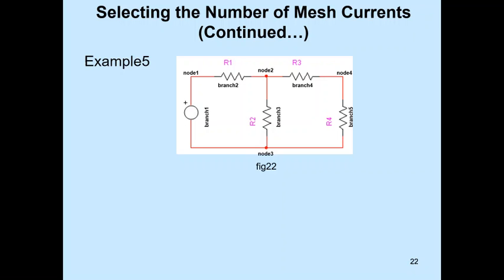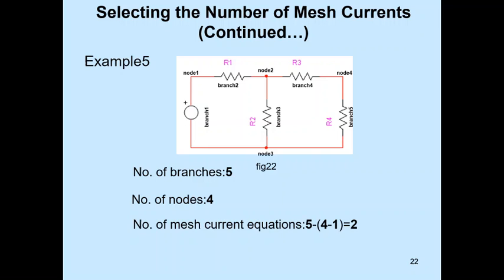four nodes are there, and 5 minus 4 plus 1. See here, the number of nodes is 4, branches is 5, and the number of mesh current equations is 5 minus 4 plus 1, that is 2 equations. So it's a simple thing. By seeing that there are 2 closed paths, we can take it as